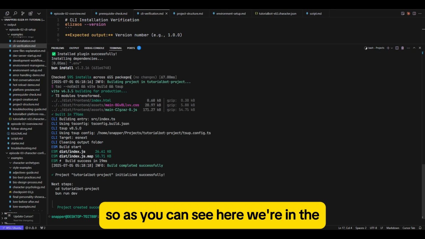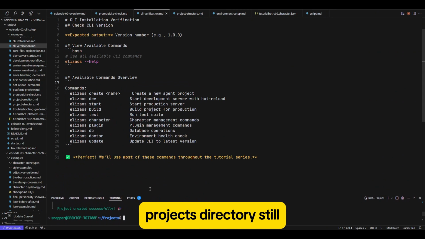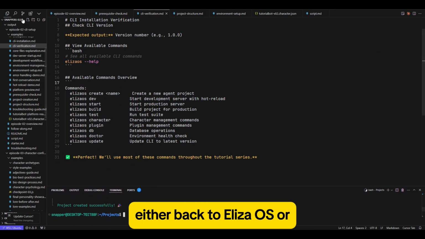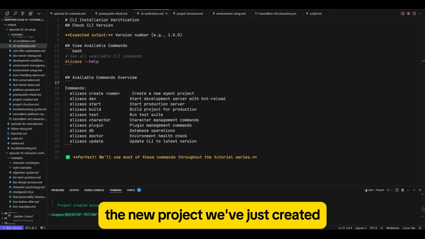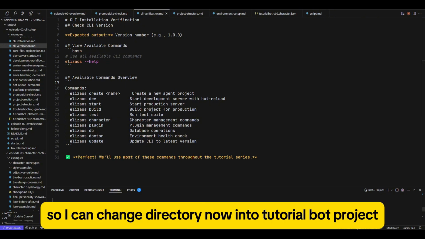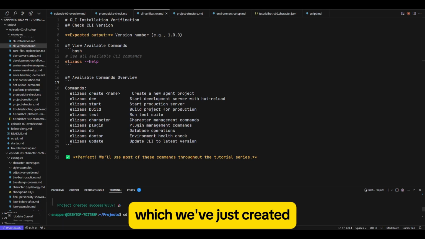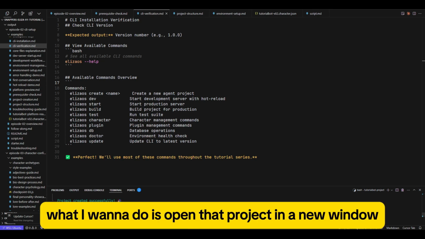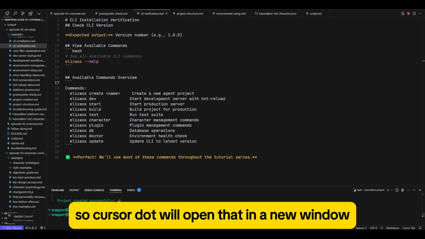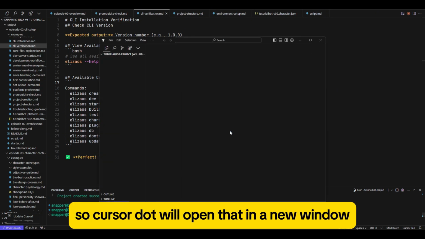So as you can see here, we're in the projects directory still, so we can now change directory either back to ElizaOS or the new project we've just created. Okay, so I can change directory now into TutorialBot project, which we've just created. Now what I want to do is open that project in a new window so I can show you all of the files. So cursor dot will open that in a new window,